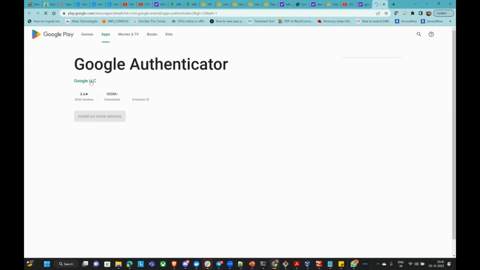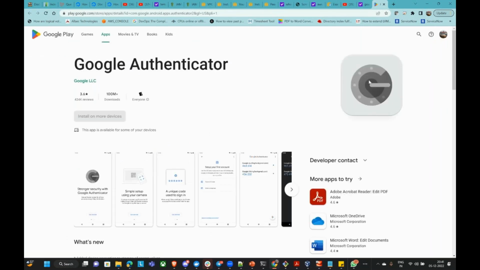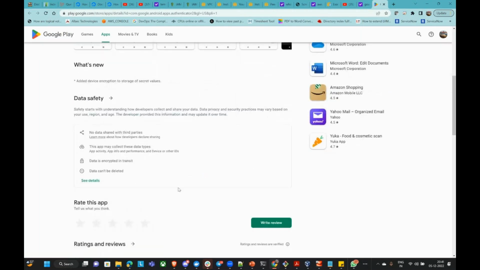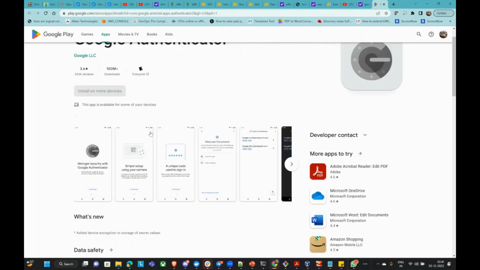So it will be like this, Google Authenticator. So you need to install. So as this is my desktop, I cannot install this. So you have to install it on your mobile phone. Once you have installed, then the very next step you have to do is,